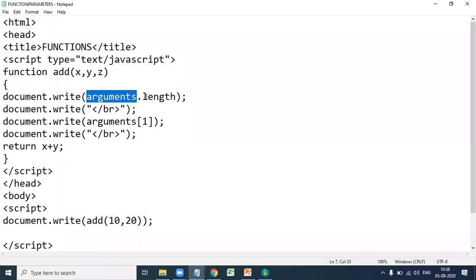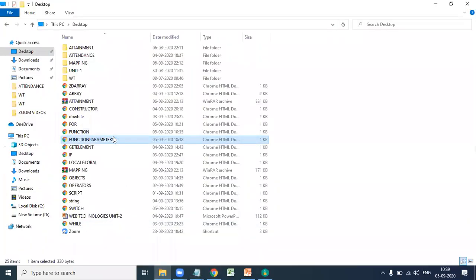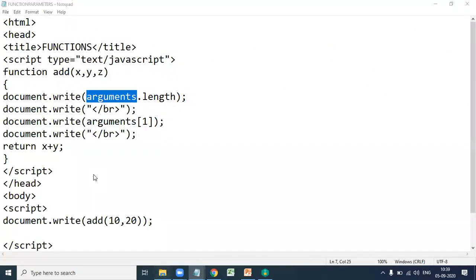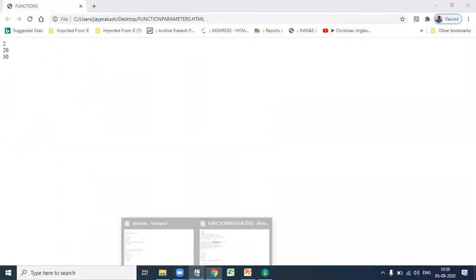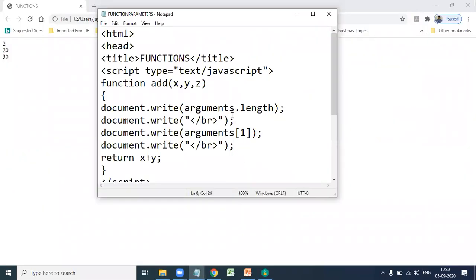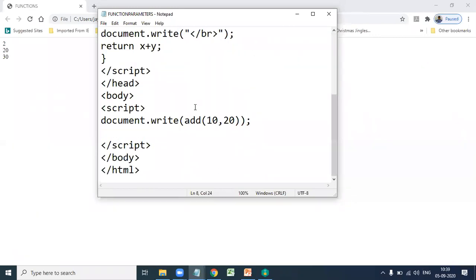Arguments dot length means the number of actual parameters, that is 2, 10 comma 20.